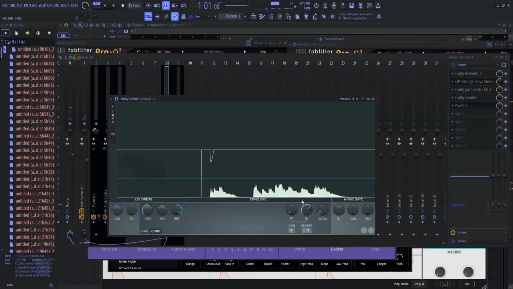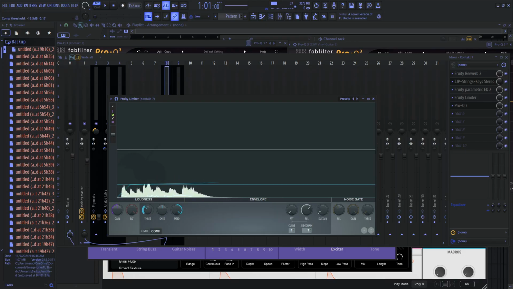There is like a light blue triangle down there, all right? And when this blue line, apparently within what I've seen, gets to that blue triangle, and listen, I'm basically explaining the compression within Fruity Limiter. That's not the best way to explain it, right? But if you want to just start getting into compression, just do it this way,